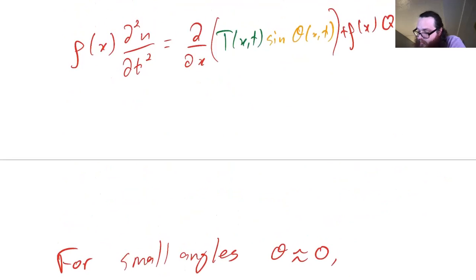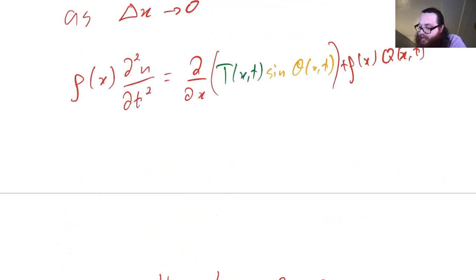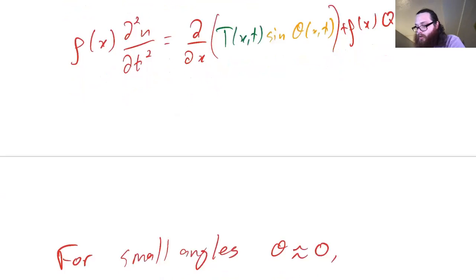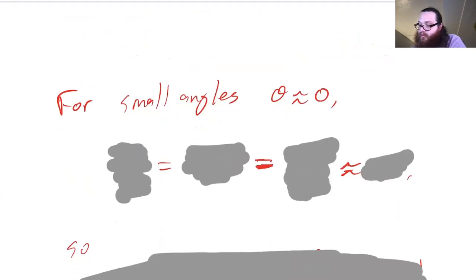So what we would like to do is express this in terms of u. Even better if we could express it in terms of du dx, because then we get the two x derivatives. And that's what we're going to do next. If we assume that the string doesn't vibrate too much, or the displacement is small enough, the angles that the short segments make, especially relative to each other, are all small. Or mathematically, if we assume that theta is approximately 0,